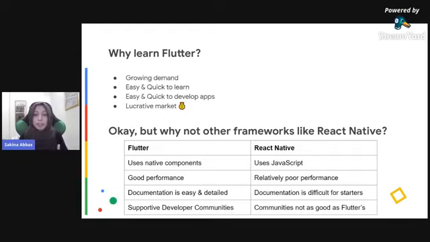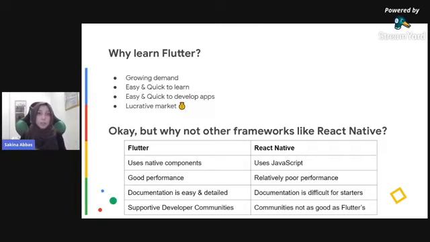If you look behind the scenes, the native components are such that they're following the guidelines that are actually followed in native Android or native iOS. Secondly, when you write your Flutter code and when you're building your application, all that Flutter code is actually compiled into the native code itself.